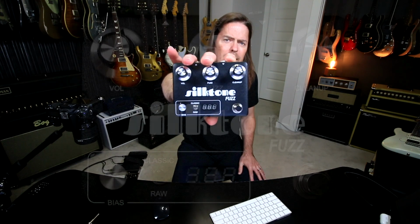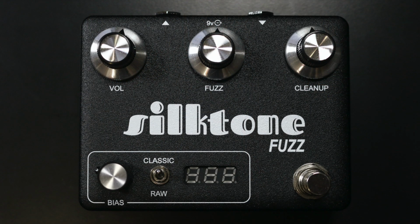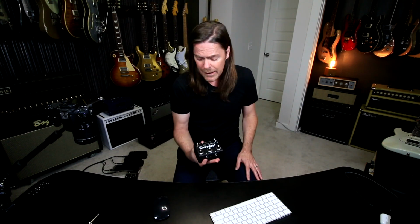Today we are checking out the Silktone Fuzz. If you're not familiar with Silktone, I personally was familiar with Silktone amps. They're a small brand out of Sacramento, and they build everything one at a time. Everything is very lovingly built. These aren't mass-produced products. I've known them for their amps, but they also do a fuzz pedal, and that's what